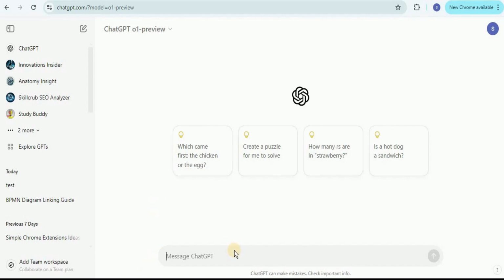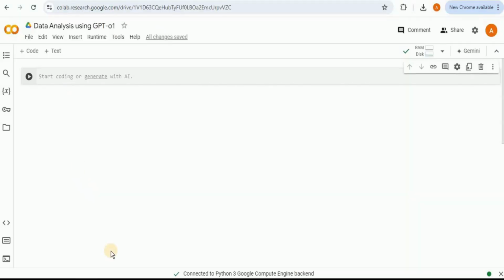Then how can we perform data analysis using the GPT-o1? Well, it's really simple. We are simply going to provide it information about our dataset and then ask it to provide us different functions or code for performing different steps of data analysis. And then all of those provided functions will be run on Google Colab. So here I've created a new Google Colab notebook, inside which I'm going to run all the code which will be generated by the GPT-o1.